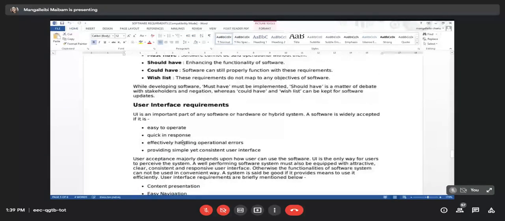So user interface requirements must follow these criteria. It must be easy to operate, it must be quick in response, it must be effectively handling operational errors, it must be supporting